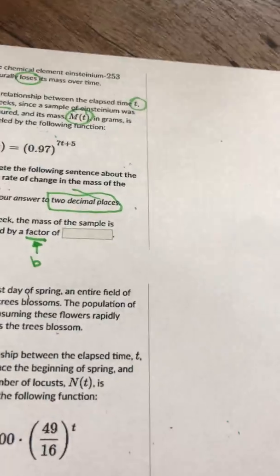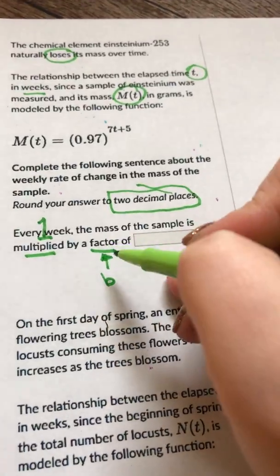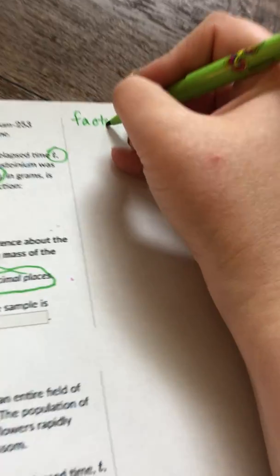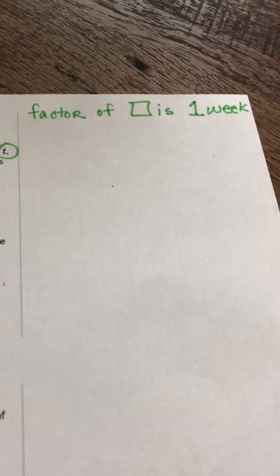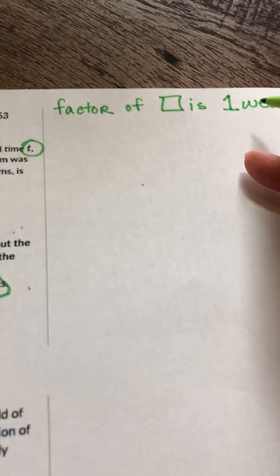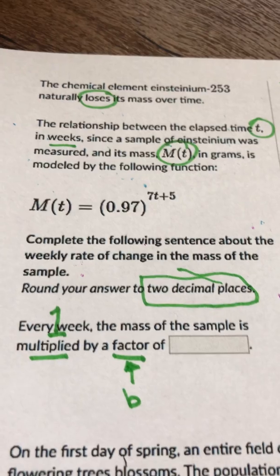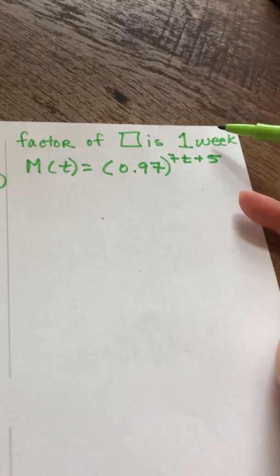So let's see here. Okay, so we want the factor every 1 week. Now that 1 week is super important because that tells us what kind of equation we want. So right now we have m of t equals 0.97 to the 7t plus 5, but we want the factor